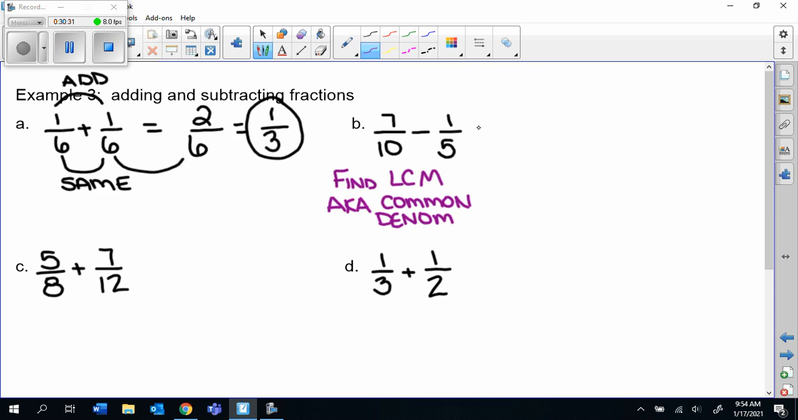So between 5 and 10, we need to find a number that both of these numbers divide into. Well, 10 does technically divide into itself, and since 5 goes into 10 2 times, 10 will suffice as our common denominator. And so this fraction here remains unchanged, and so 7 over 10 here is going to stay 7